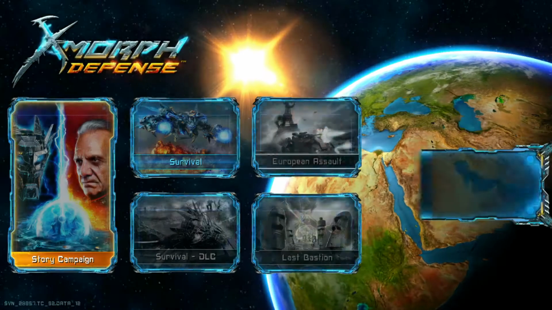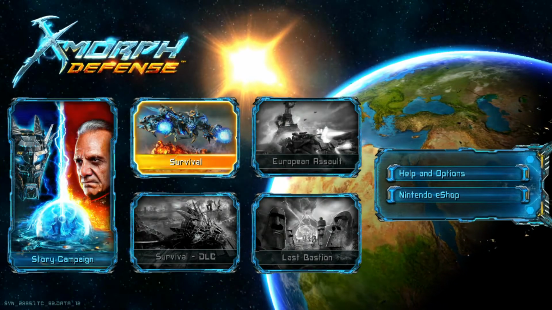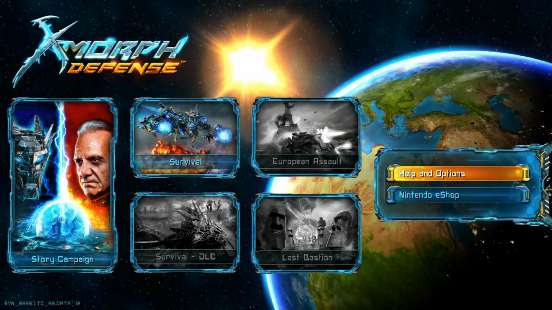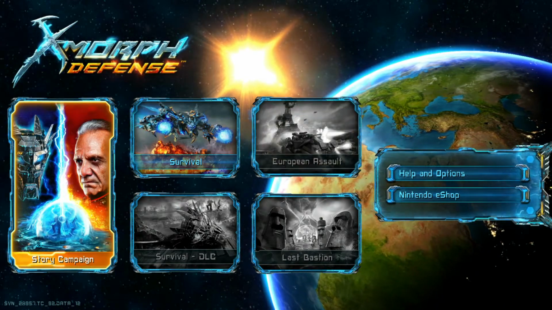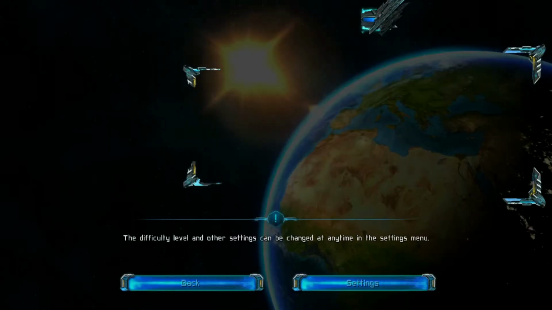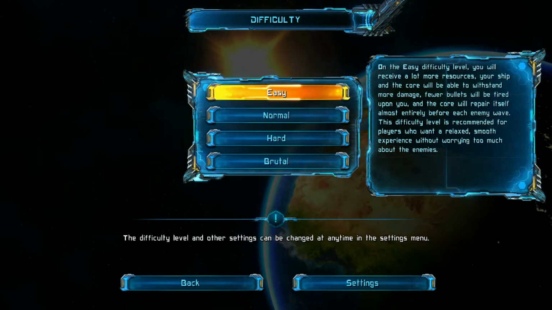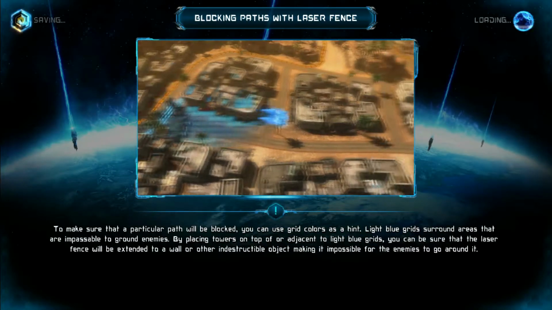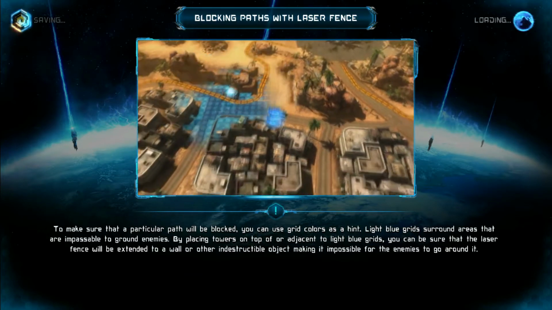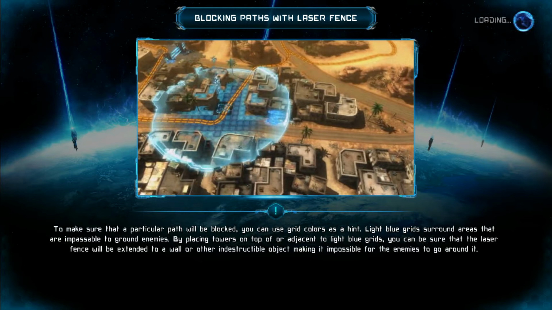So X-Morph Defense is a twin-stick shooter style tower defense game whereby you take control of an invading alien race to terraform and steal Earth's resources. So this game has previously been released on the Xbox One, PlayStation 4 and Windows PC, but it is now available on the Nintendo Switch as a digital download, which you can now get from the Nintendo eShop across all